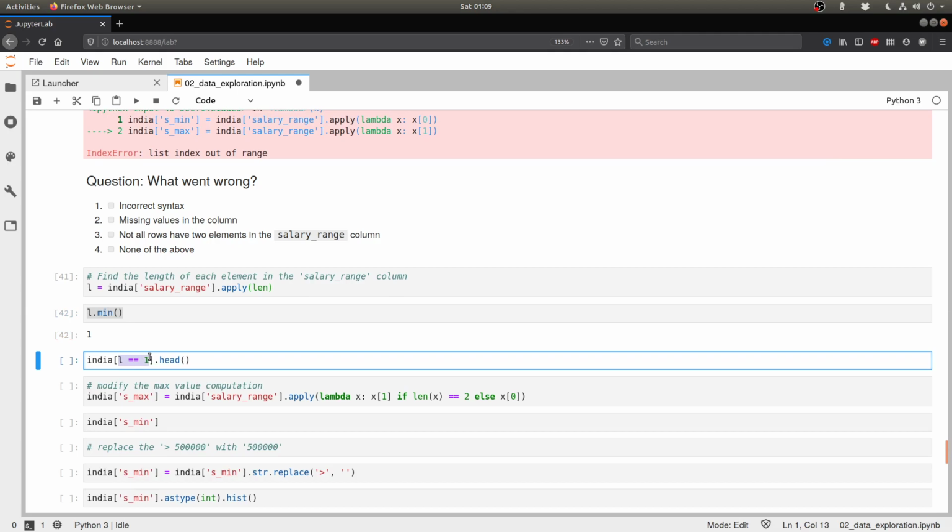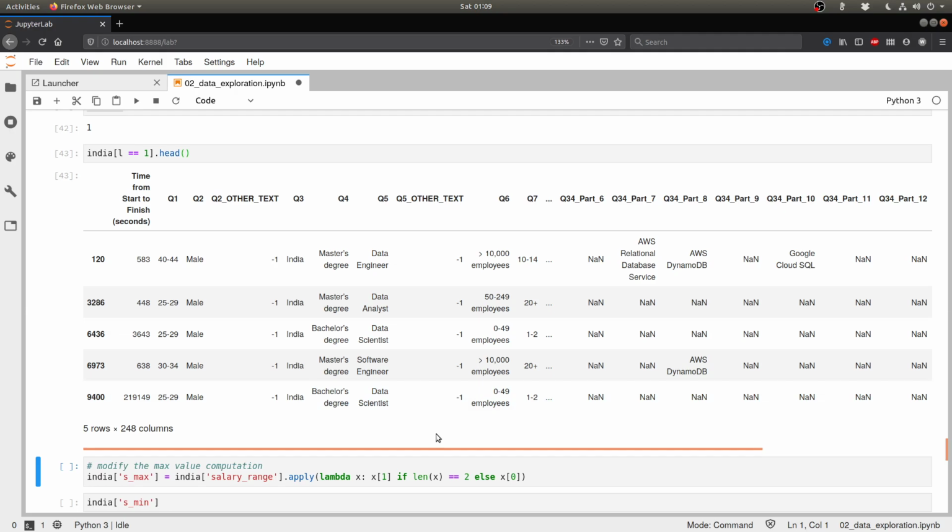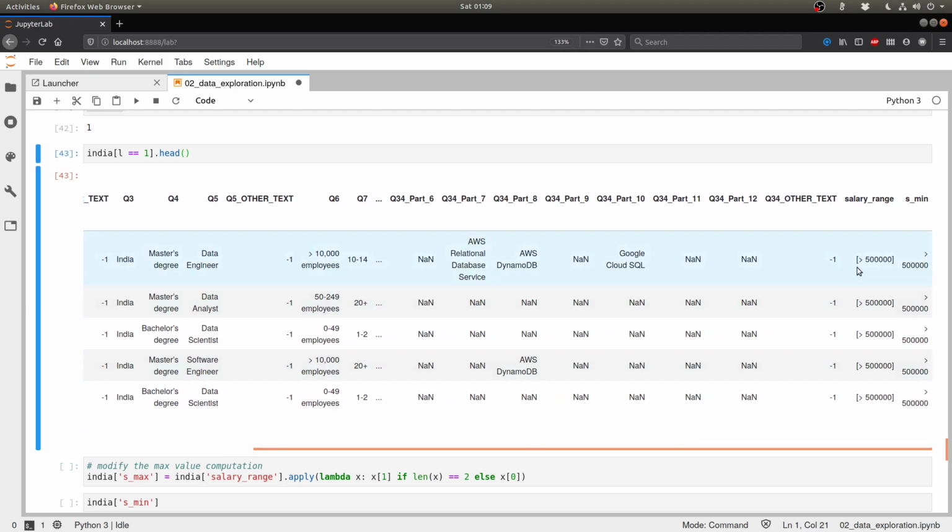One of the reasons why that could happen is like that. Let's see. You see that we have this data set where the salary range is simply greater than 500,000 and the S-min is simply greater than 500,000. Now you see that these are rows which don't contain a hyphen at all. We were counting on that hyphen to be able to split the minimum salary and the maximum salary. But if there is no hyphen, if your salary is actually more than 500,000 US dollars, then there is no such thing as a range. There isn't like a minimum hyphen maximum. There's just greater than 500,000, right? So that is why we did not end up with a minimum value at all.